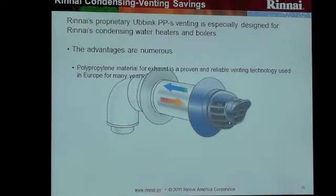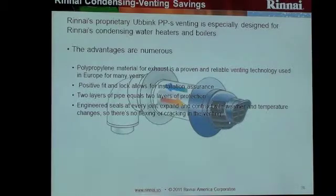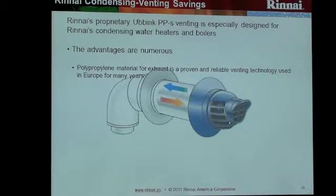Polypropylene, first of all, for exhaust, is well proven. It's been used for a long time in Europe, and it's somewhat the standard. It has a positive fit and locks, in terms of how it's a female to female connection. Also, in terms of the connections, instead of having seams that are caulked or sealed, which can crack over time, it's actually an engineered gasket. So it's meant to withstand different temperatures and different weather. As you can see in the graphic, this is